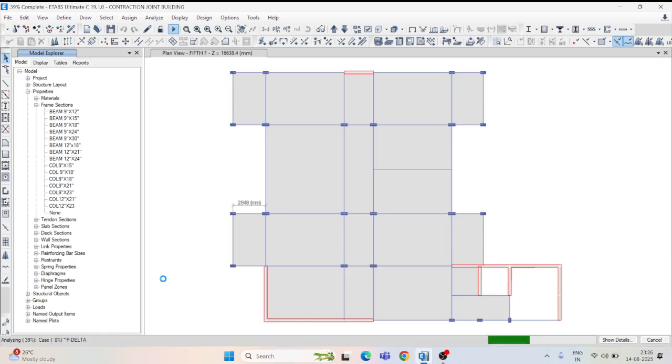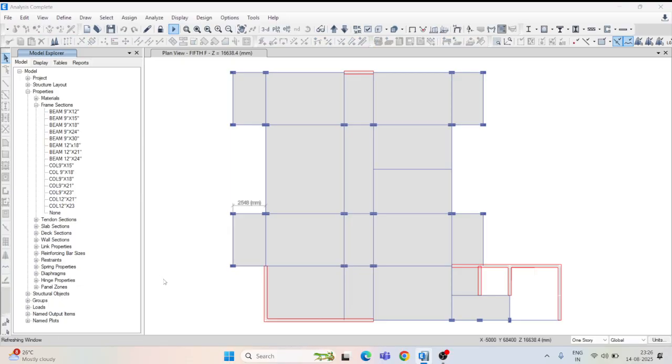If you don't believe it, just try once, put a wrong value and you will see the analysis will not be completed. You can see that ETABS gives this type of signal to identify whether you have gone in a good way or a wrong way. So this is the process.